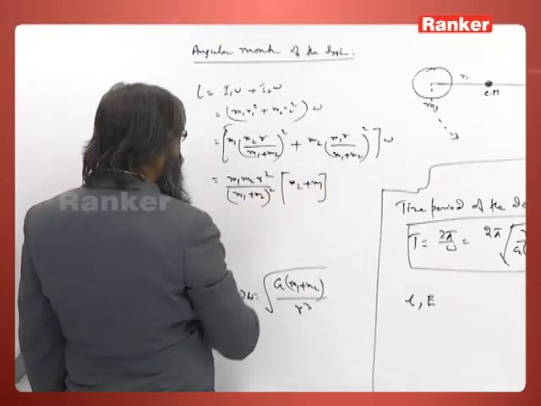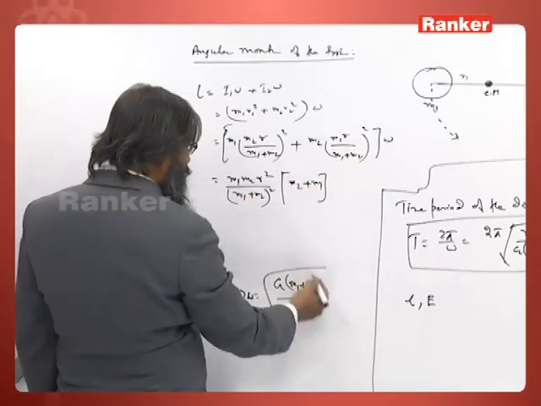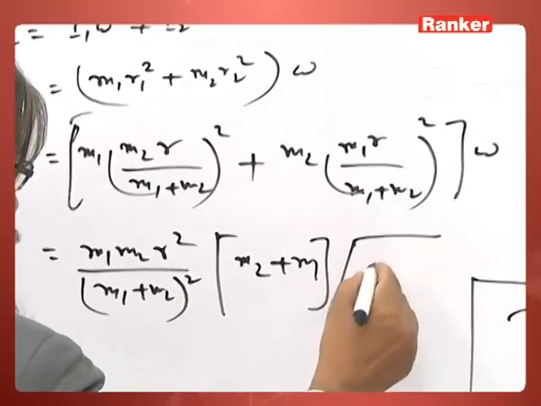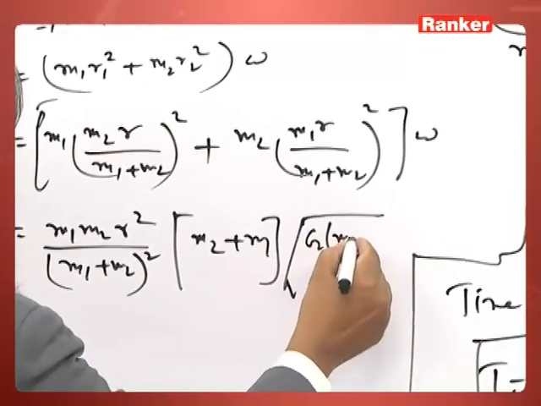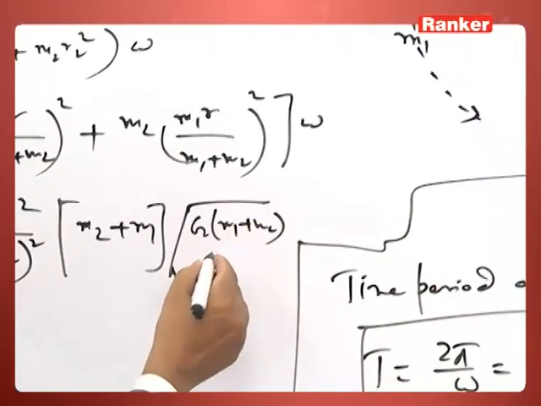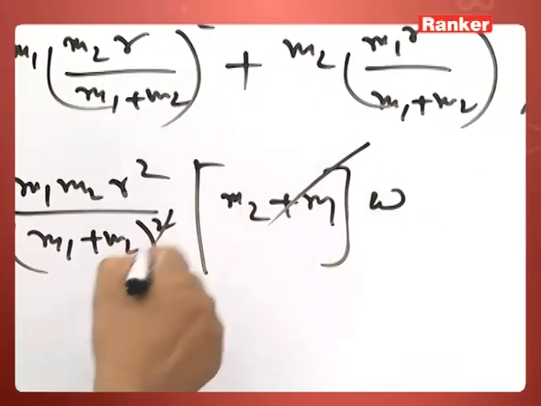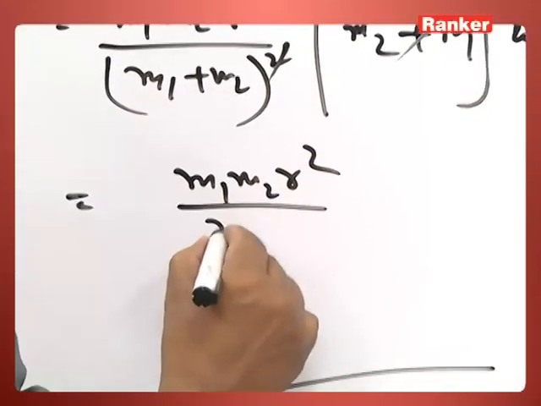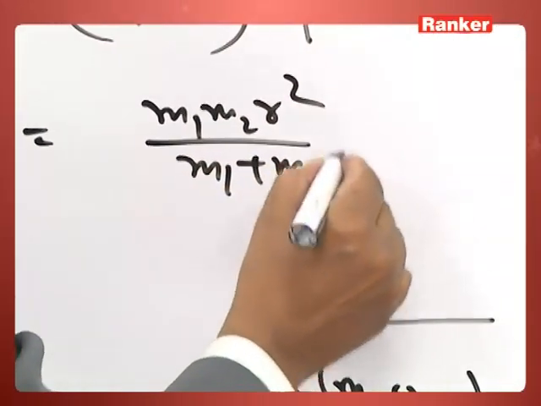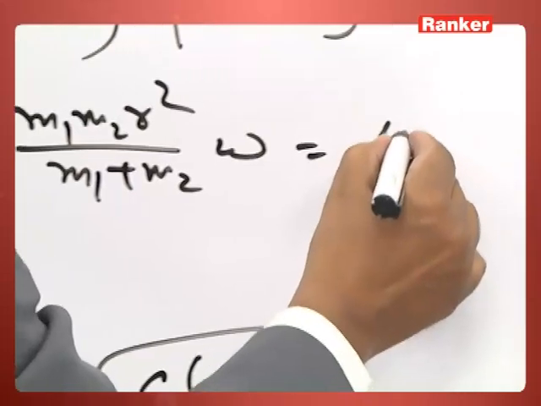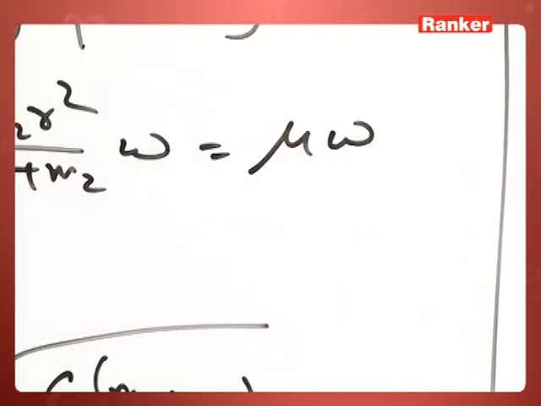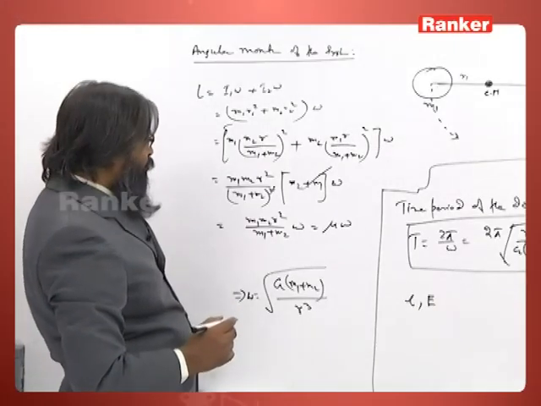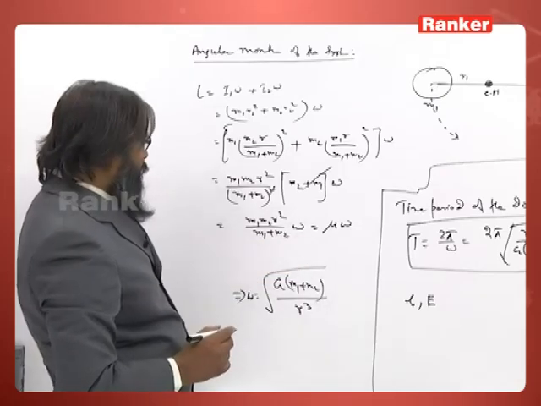So this will get cancelled, and let us replace omega by root over G times m1 plus m2 by r cube. So you get m1 m2 r square by m1 plus m2 times omega. This is written as mu r square omega,